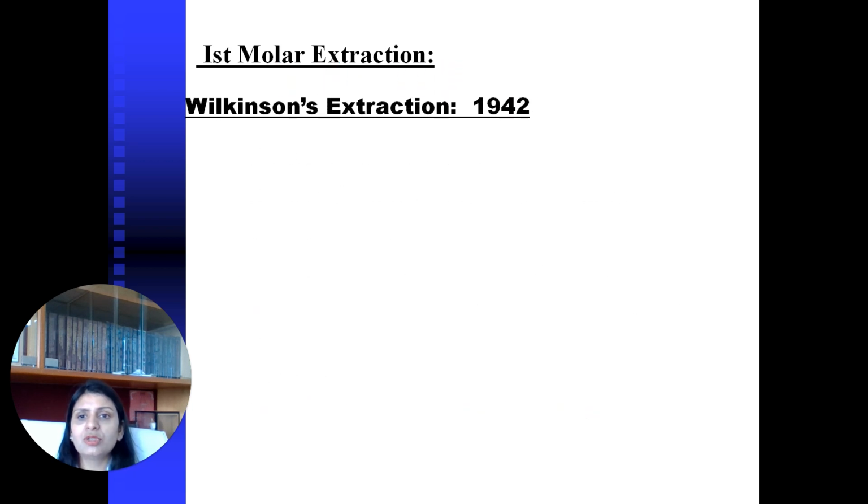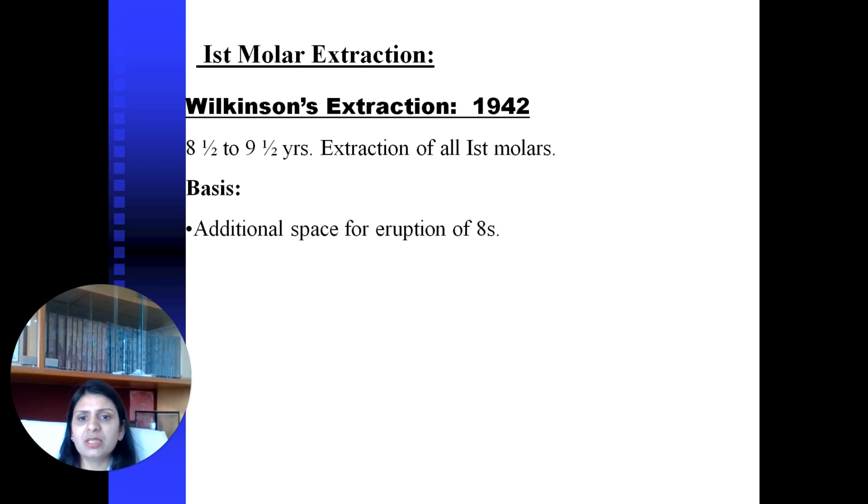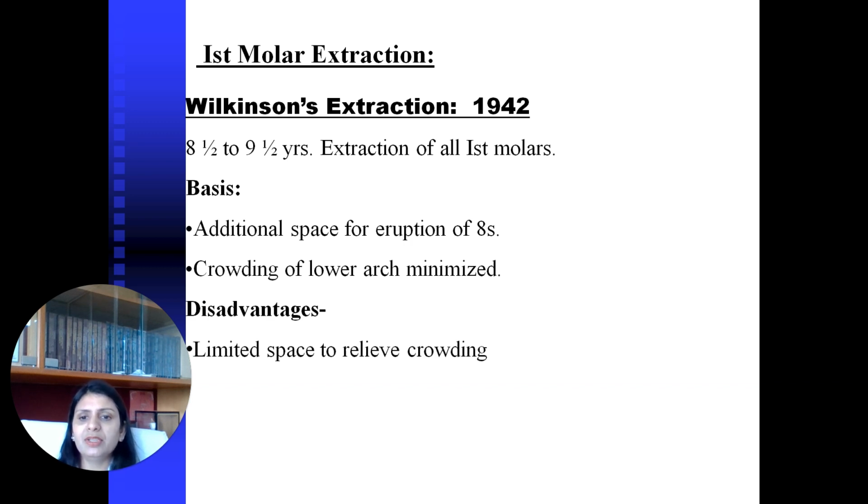Here I would also like to discuss Wilkinson's extraction, which was given by Wilkinson in 1942. At the age of 8.5 to 9.5 years, he advised the extraction of all first molars. What was the basis of these extractions? This gives us additional space for eruption of eights, crowding of the lower arch is minimized, and the disadvantages are they